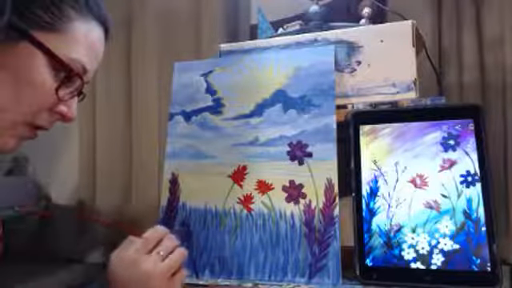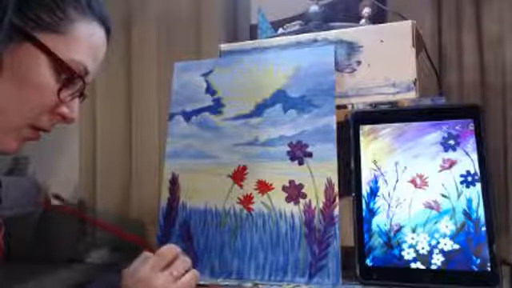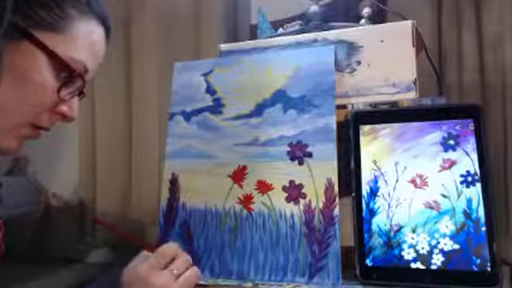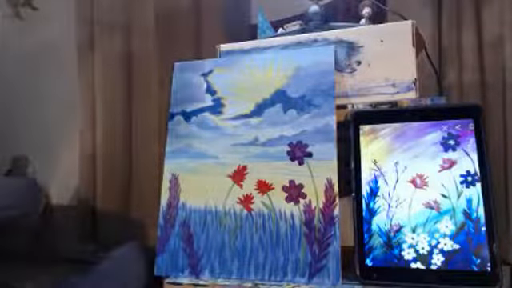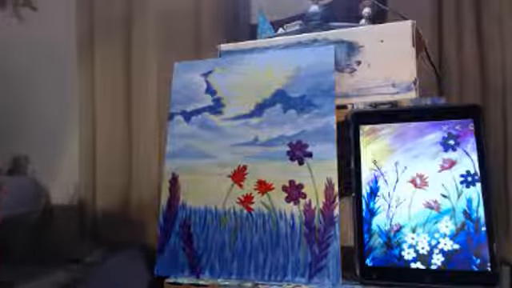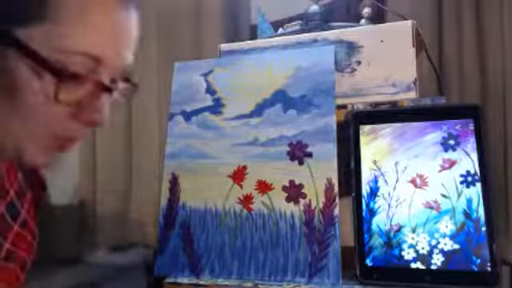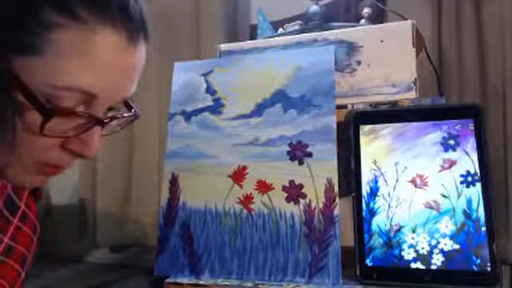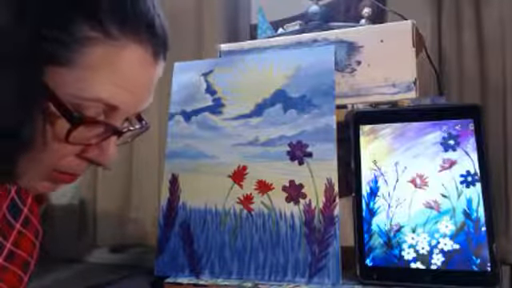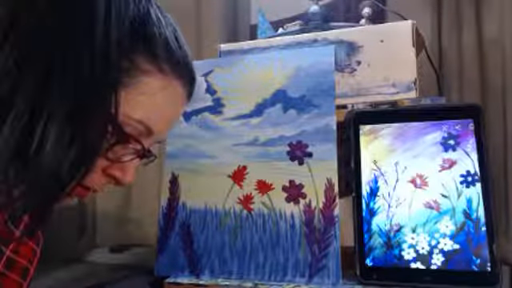Another one over here. Something like that. Looks kind of cool. I don't know what they are, but they're cool. Okay. I want to make it a little bit darker. I want to put a little bit of